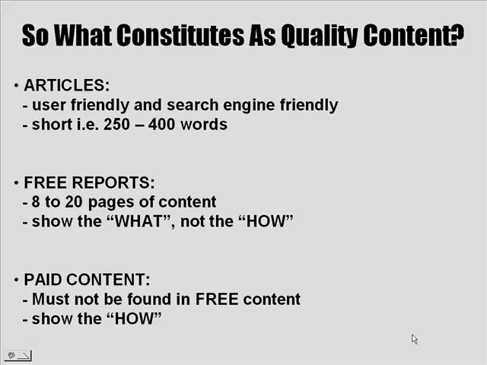So if you're an article marketer and you use article marketing as your main marketing method, the only 2 schools of thought you need to know about producing quality articles is that they have to be user-friendly and search engine-friendly. By this, I mean that they are normally written in layman terms, and they have a keyword density of normally 2% to 3%, which means that if you're writing a 100-word article, for example, you want to have 2 or 3 of the most important keywords in the article, and if you're doing 200 words, you just have to double that. Make them search engine friendly and especially user friendly, where people will want to read them.